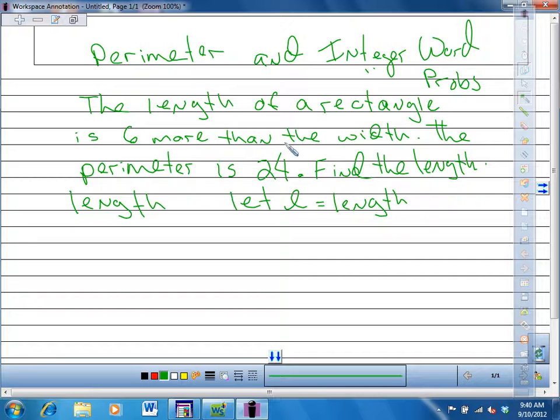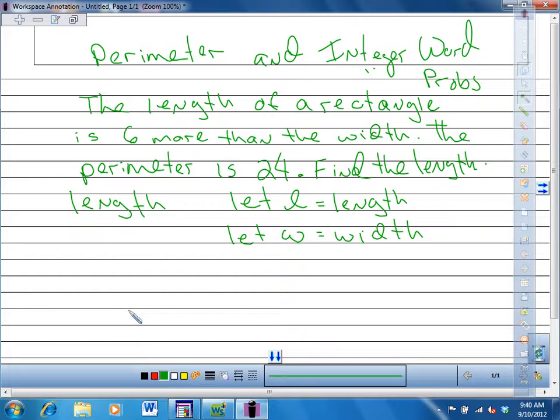Okay. So this is kind of weird in that you have 2 variables. We're going to call. Do I have 2 variables? I can't have 2 variables in this. What should I let be the width? W is equal to the width. Alright? So now,